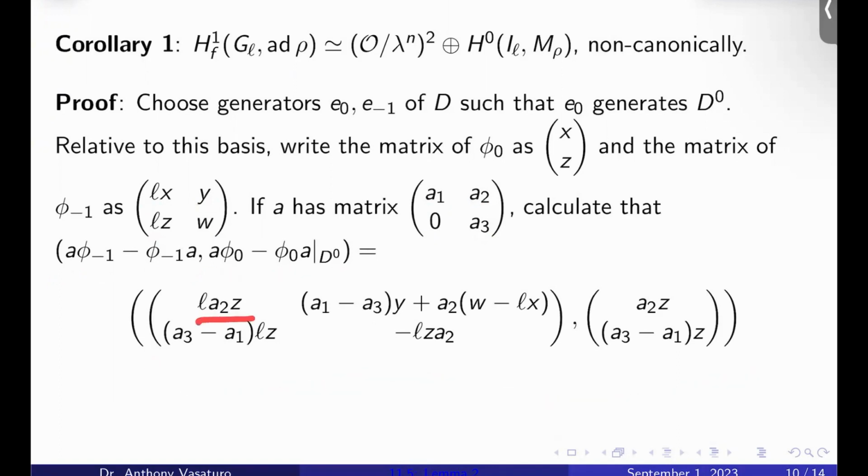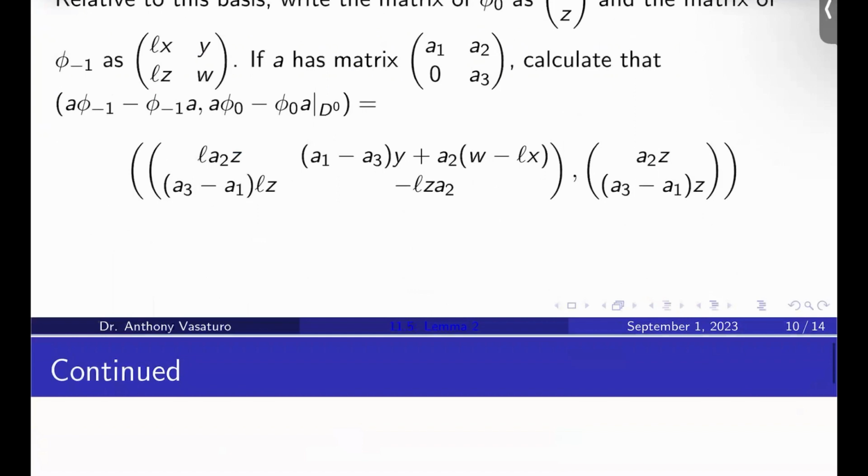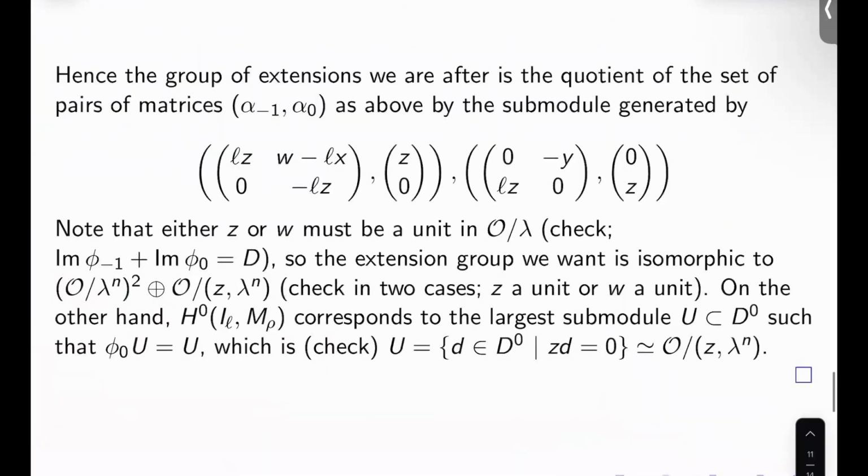The first one is LA2Z, A1 minus A3Y plus A2W minus LX, then A3 minus A1 all times LZ, and then negative LZ A2, comma, the next matrix is A2Z, and then A3 minus A1 all times Z. So according to what we've just shown, our group of extensions that we're after is the quotient of the set